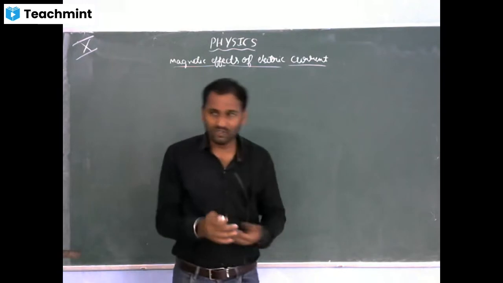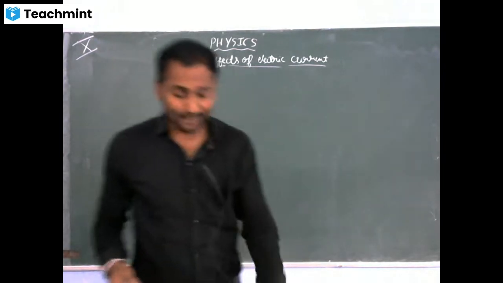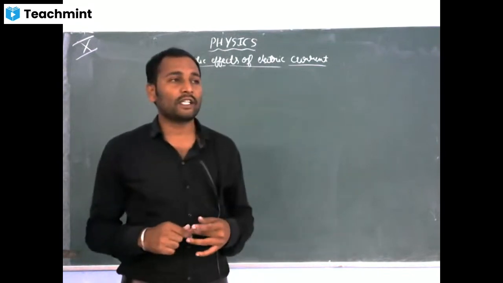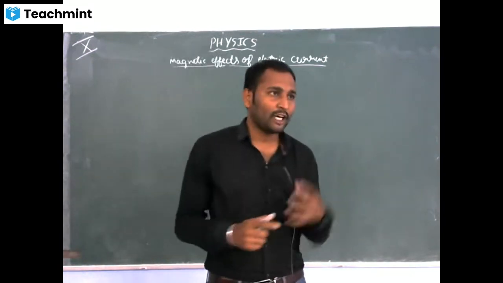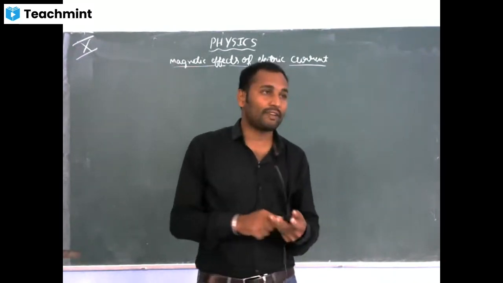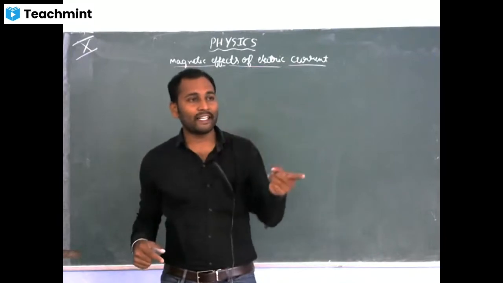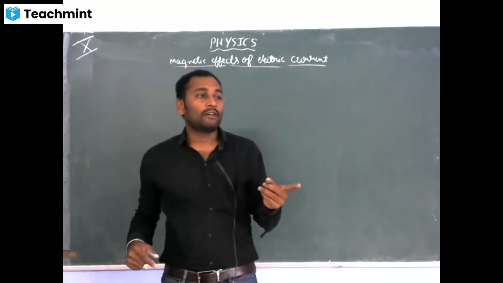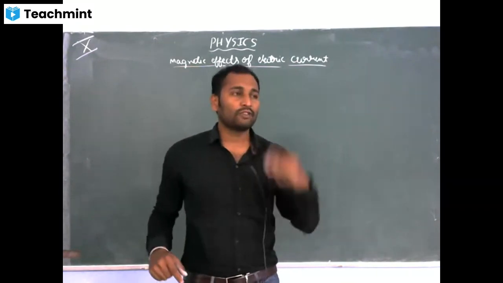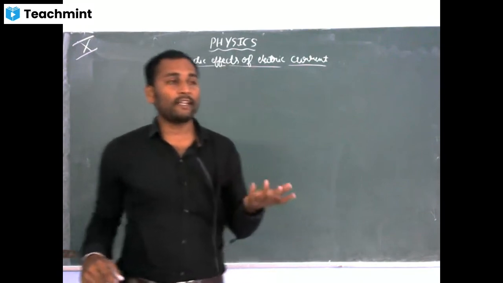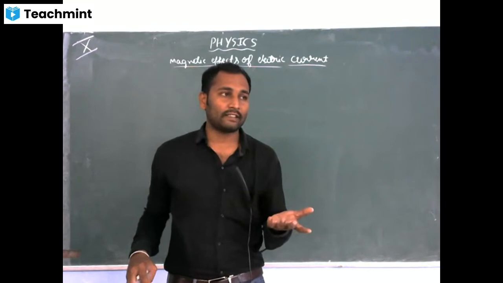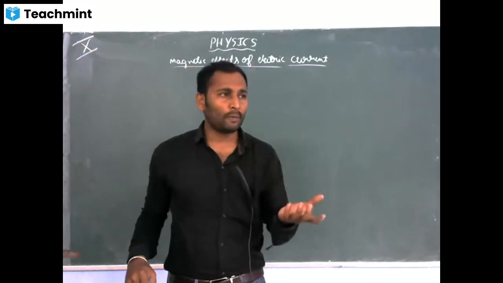Before going there, first I explained what a magnet is. What is a magnet? It is a stone or an object which attracts iron filings and has the capability of producing a magnetic field. After that I discussed magnetic fields. What is a magnetic field? The region around the magnet which exerts a force of attraction or repulsion. Magnetic field lines are imaginary lines drawn from north to south.